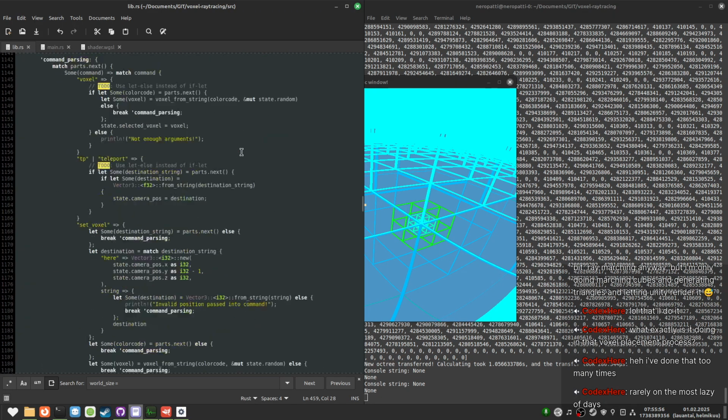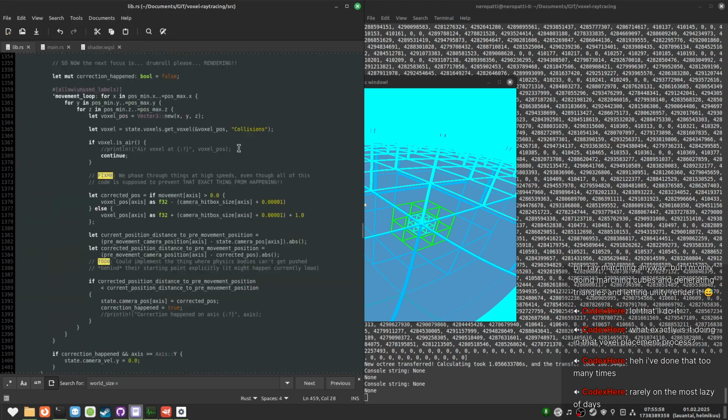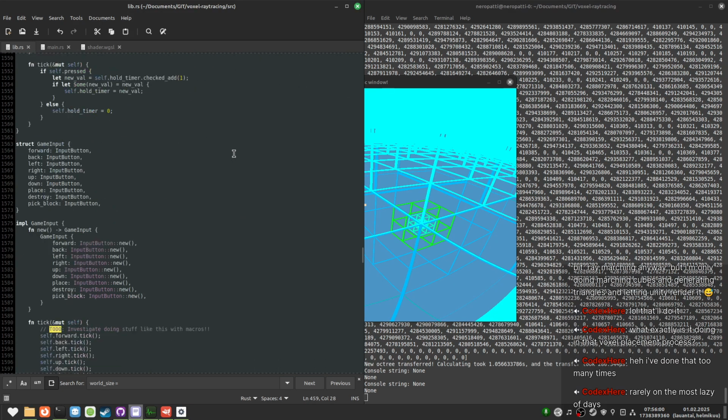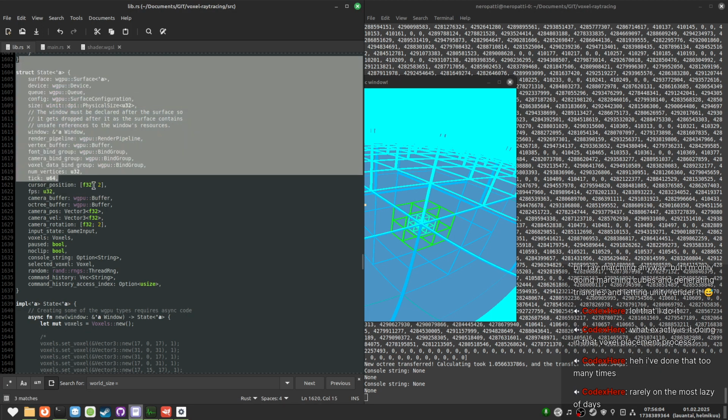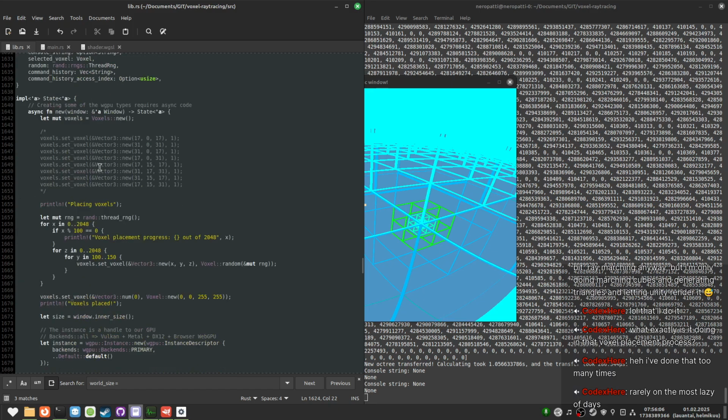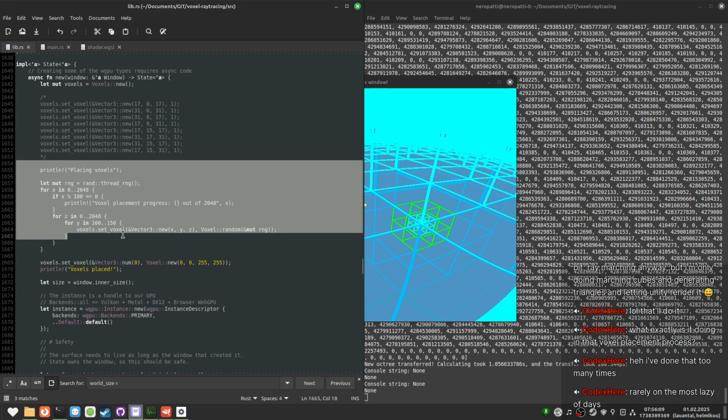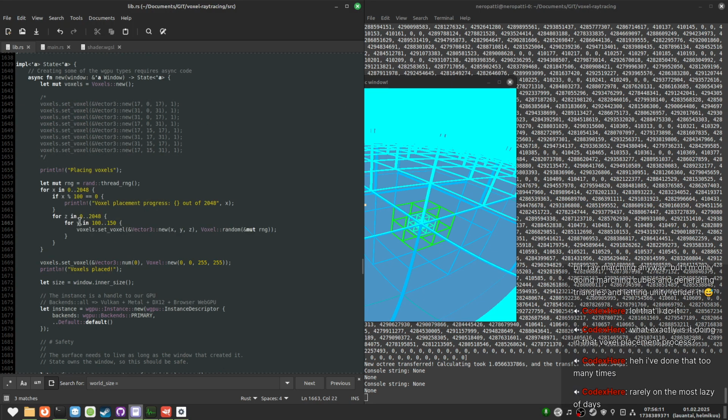This is not that part. This is not that part. This is starting to get to the point where that's copied from the tutorial. And well, this is the voxel placement, right? I just call a function to set a voxel,